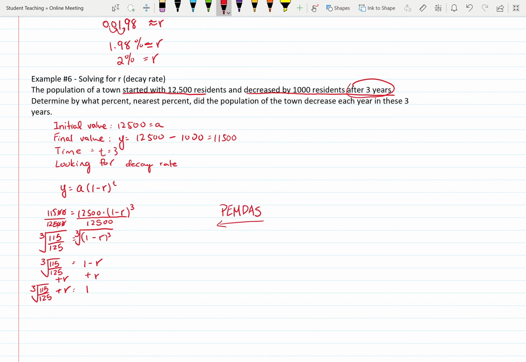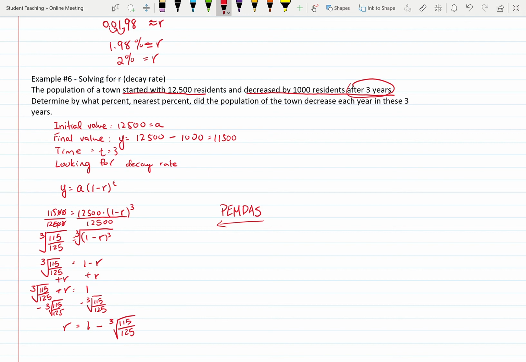Now I will subtract the cubic root of 115 over 125 on both sides. That gives us r is equal to 1 minus the cubic root of 115 over 125. Let me put that into the calculator, 1 minus the cubic root